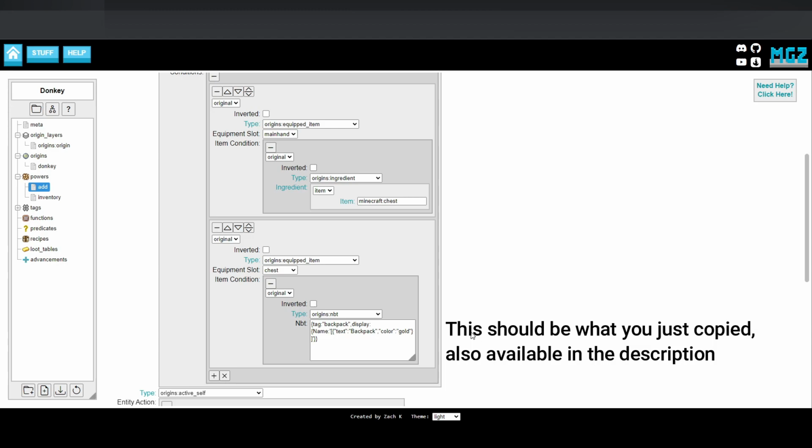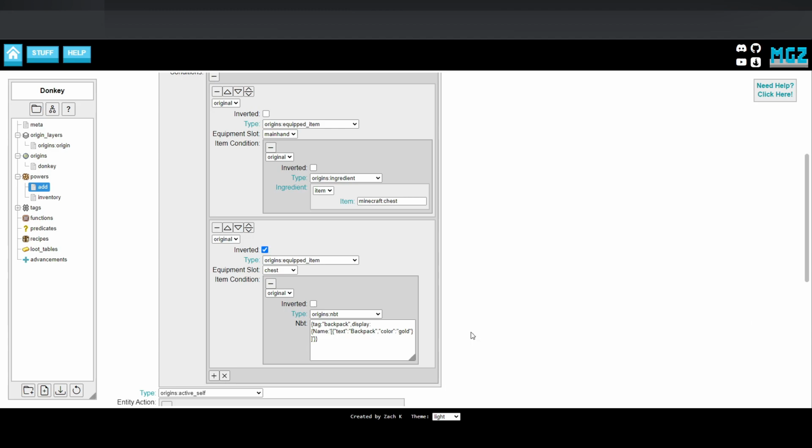Without getting too far into it, NBT stands for Named Binary Tag, and is just a way to store data. Here is where you will paste the copied section of the /item command from earlier. These tags make up the NBT of the backpack, so only this item will trigger it. Make sure that this condition is set to inverted, that way the power only works when you do not have